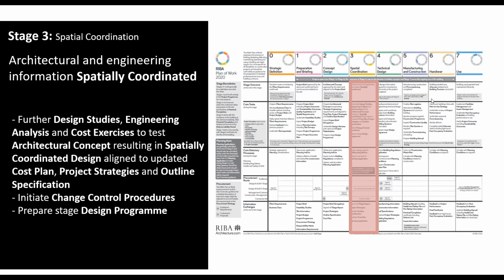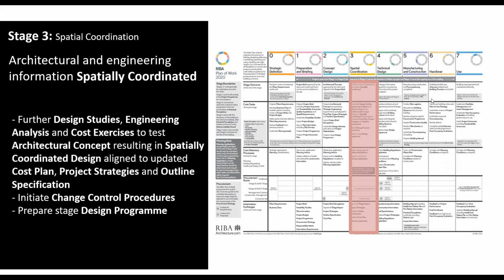Then stage 3, so now we've got the concept design signed off, so the client's relatively happy with what's happening. So now we need to go into a bit more detail. We need to do more detailed engineering analysis. So maybe we move from some rules of thumb for some of the structural design, for example, or the MEP, into very detailed engineering analysis, and the architect maybe has to start to do more detailed design studies for the facade or for the entrance. So the concept design doesn't change. It's just about layering in more detail to prove that that works, or to do the next level of design development. And the main goal at the end of stage 3 is that the scheme should be spatially coordinated.